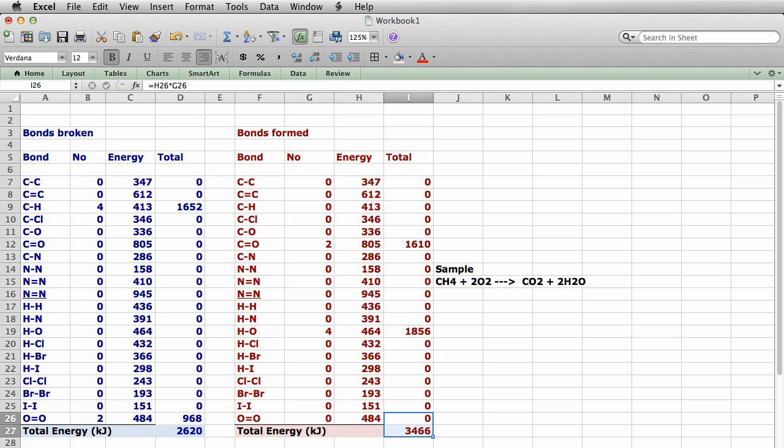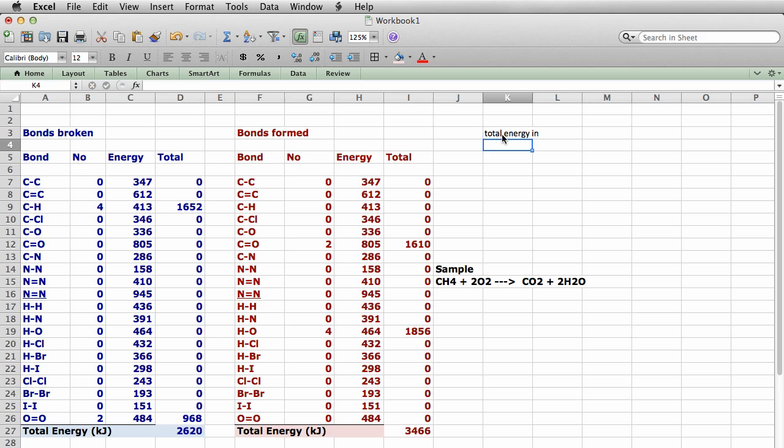So right now, we can look at this and say that to combust a mole of methane is going to cost us 2,620 kilojoules. And the result is I'm going to produce 3,466 kilojoules. So even though it costs me something to burn it, I'm getting more out of it than I'm putting into it. Now we could do a final calculation over here where we simply say total energy in,